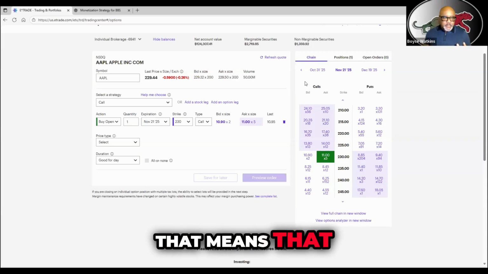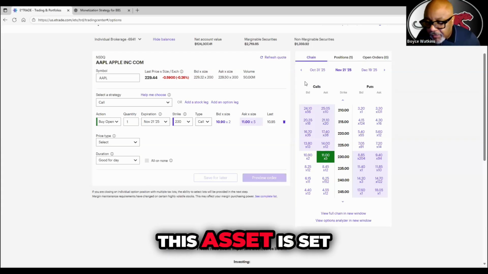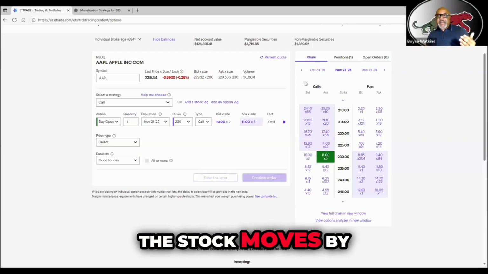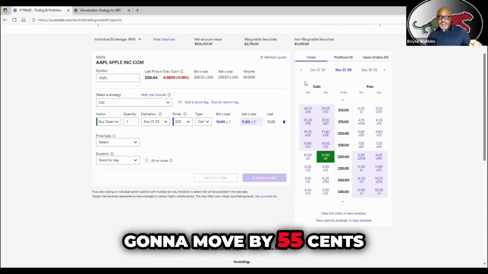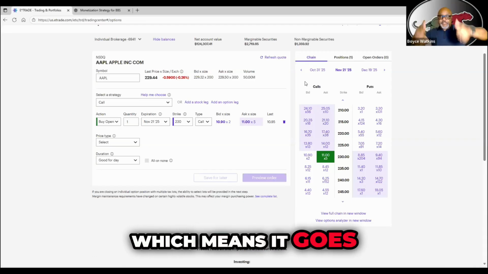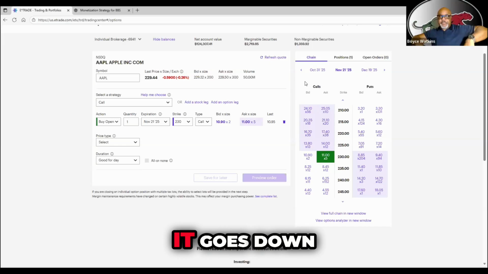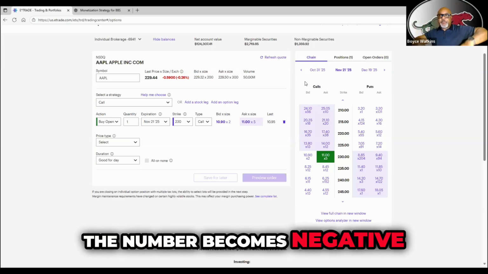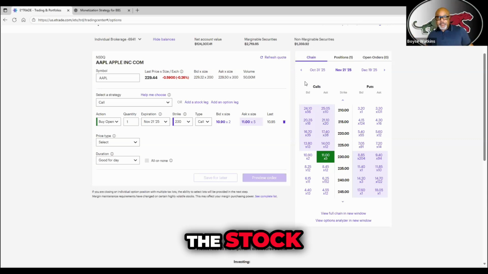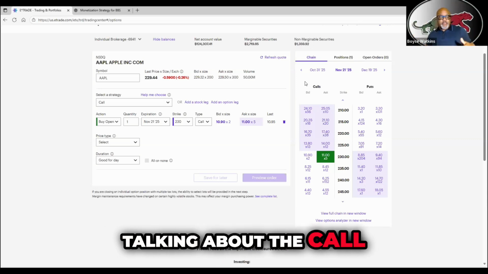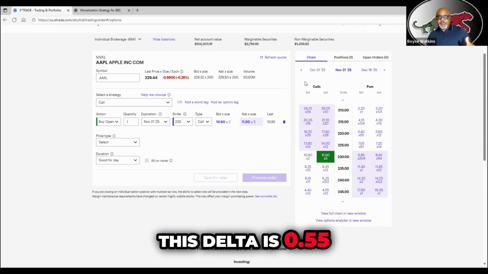Well, that means that if the stock moves by $1, this option's price is going to move by 55 cents. And it's a positive number, which means it goes in the same direction: when the stock goes up, it goes up, and when the stock goes down, it goes down. If the number becomes negative, for puts, the numbers become negative because puts move in the opposite direction of the stock. But now, since we're talking about the call, this delta is 0.55,